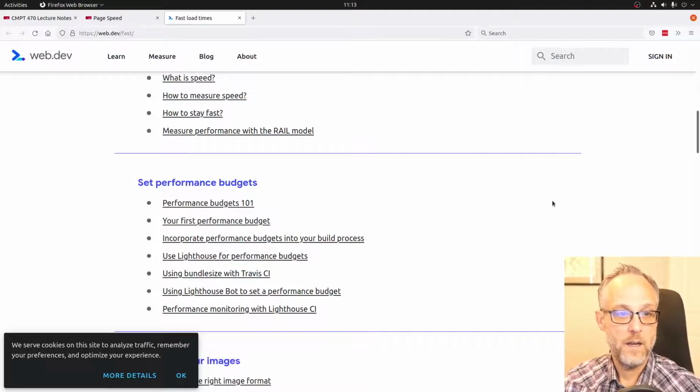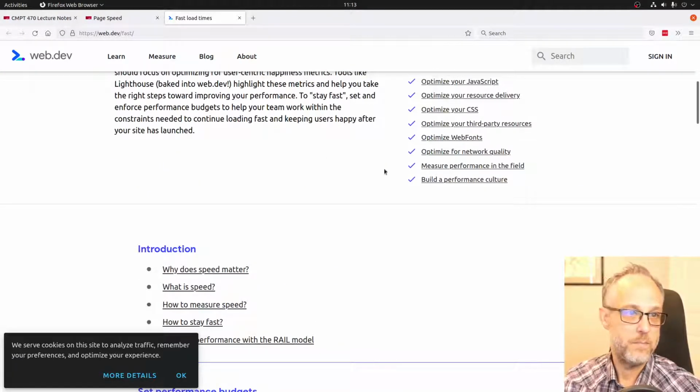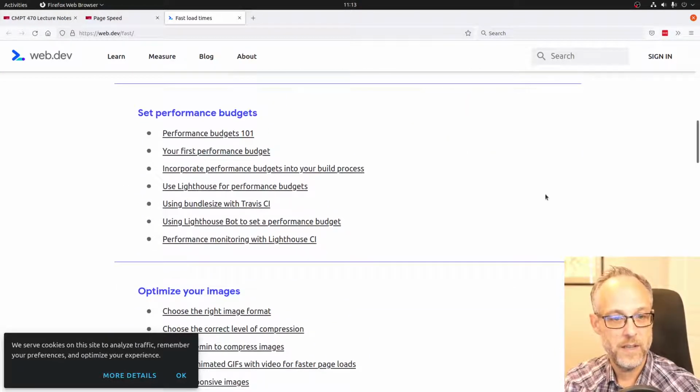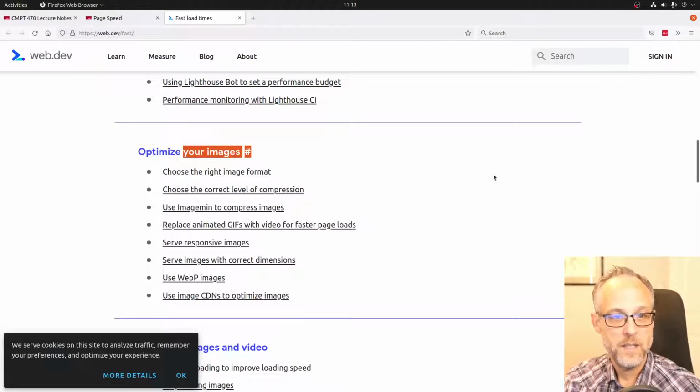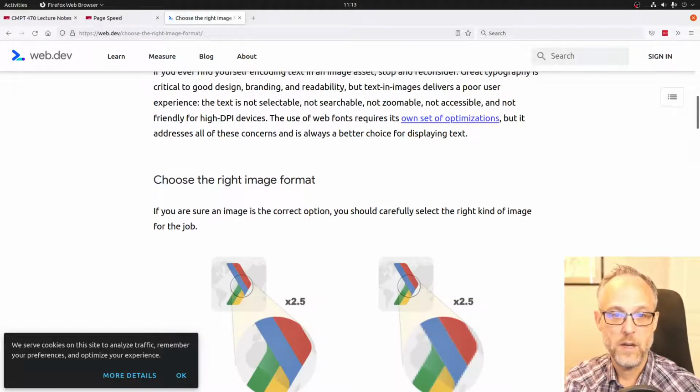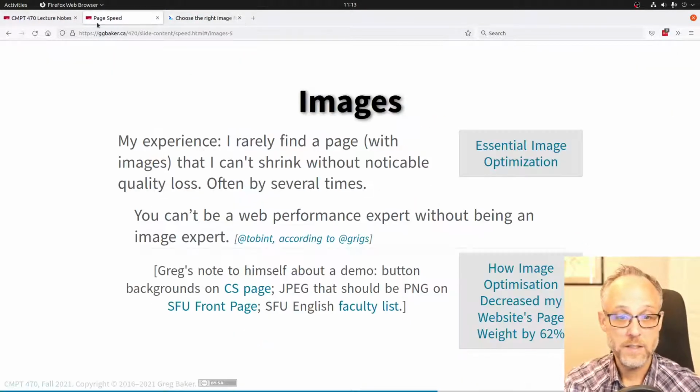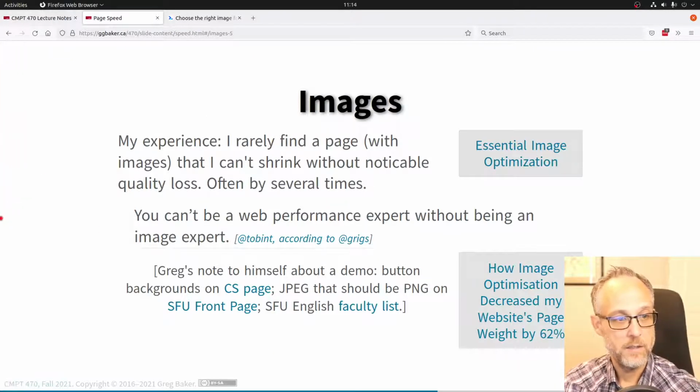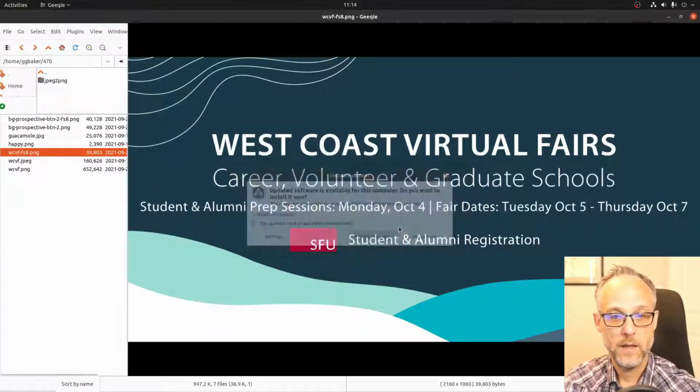This page speed deal here that I've linked has this optimize your images section that is a lot of what I just talked about. Choose the right format. And I guess something I didn't say back there, speaking of choosing the right format, this